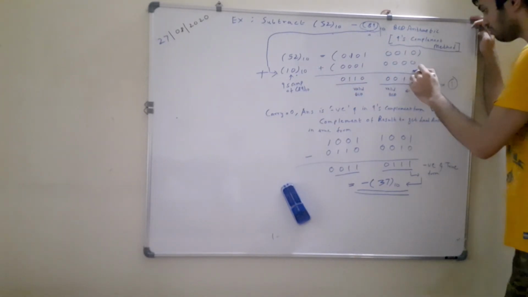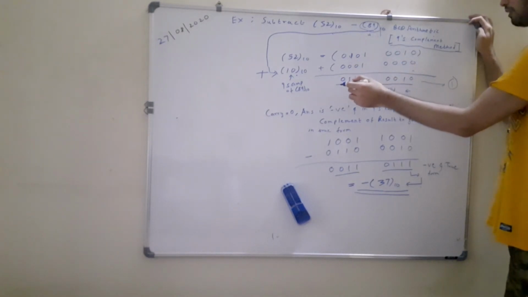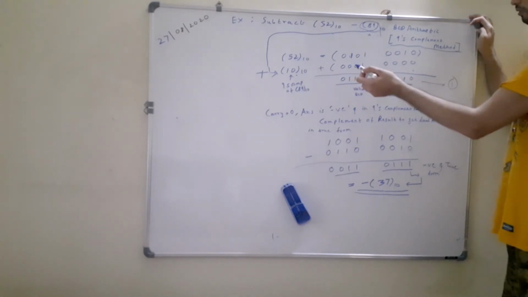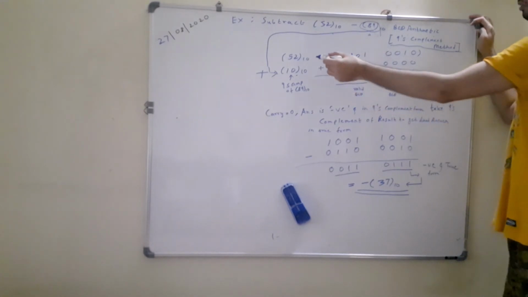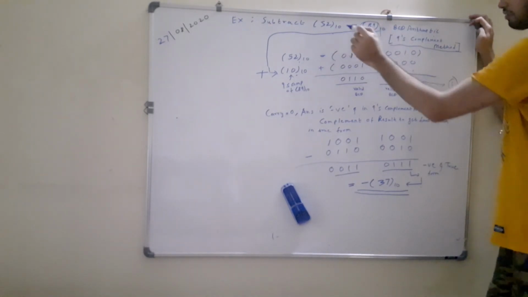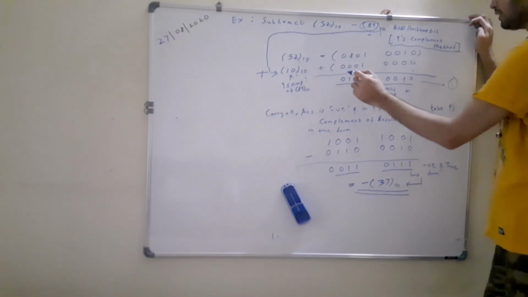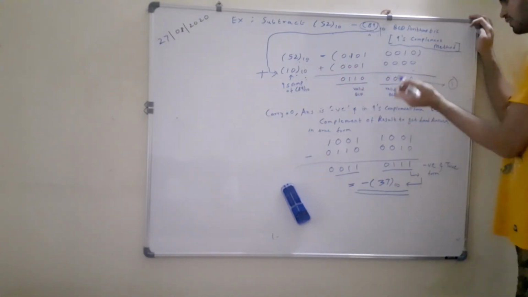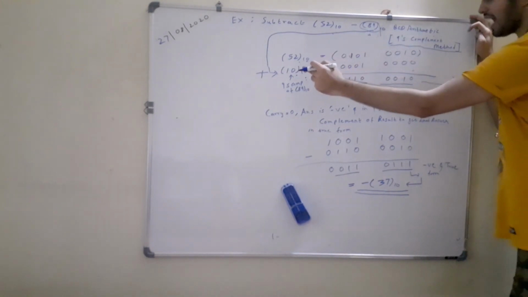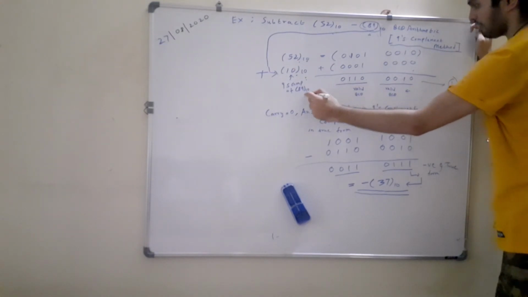And what is the rule of 9's complement arithmetic? We need to add the 9's complement of the number which we want to subtract to the number which we want to subtract it from. So if you want to subtract 89 from 52, you will add the 9's complement of 89 to 52. So that I have done over here. So let's see. This is 52 and we will perform addition of the 9's complement of 89. So that I also have written over here.